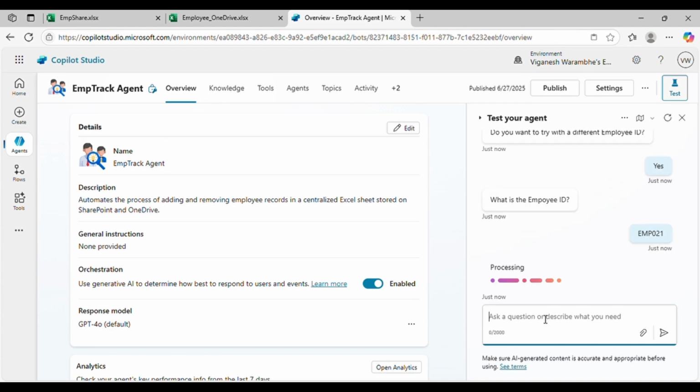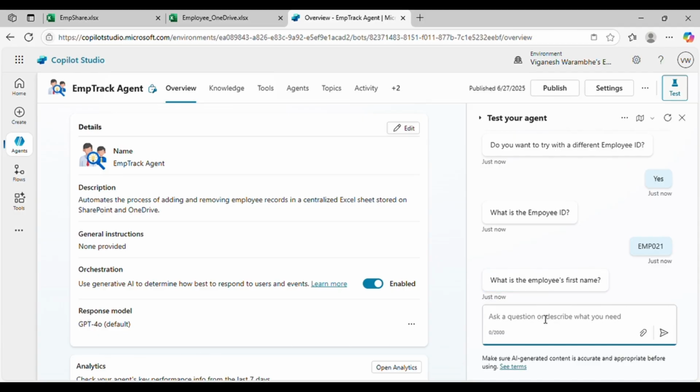EMP021. As the new employee ID, which we had entered, doesn't exist in our Excel, it asks for other details. So what is the employee's first name? Let's go with Emily. Last name Carter. Department IT. Admin. System admin. Salary, let's say 82,000. Hire date, let's say